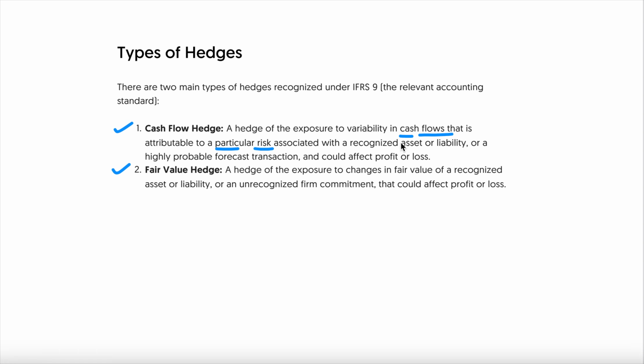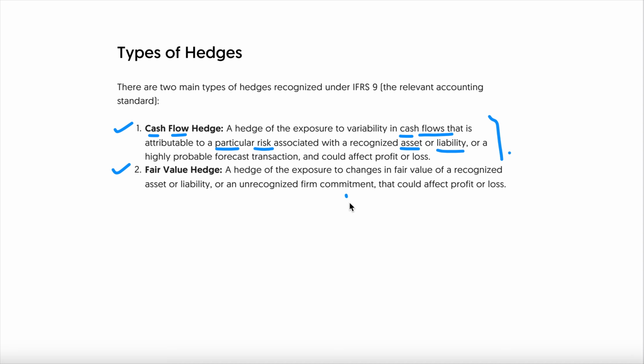And of course, that is related to your asset or liability, or a highly probable forecast transaction and could affect the P&L. So cash flow is to do with the cash. Fair value hedge is to do with the fair value of, let's suppose, an asset or liability or any unrecognized